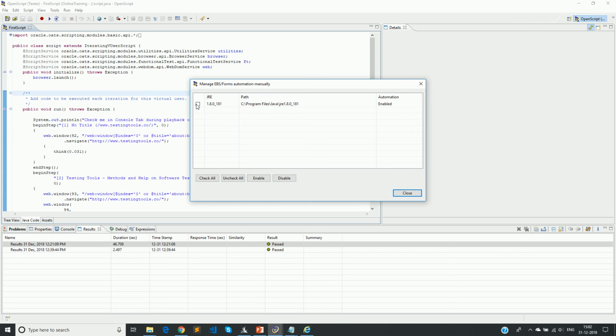So we can select it and enable it. If you do not enable or check this, you will face problems, that you will be unable to record the Oracle EBS forms related objects or operations performed on those objects. You can't even play back scripts on those things. So make sure this is selected.